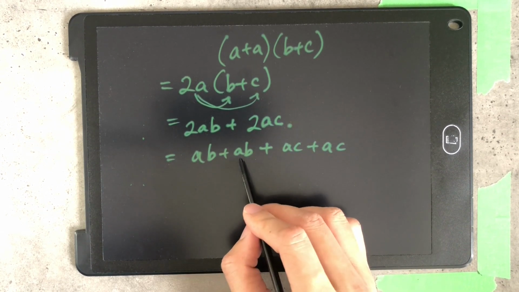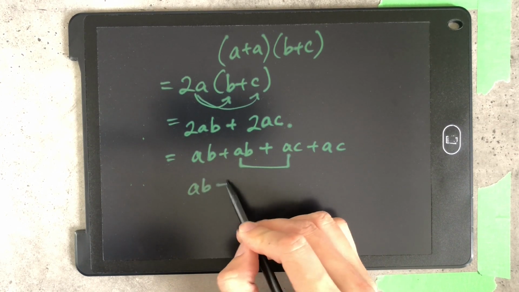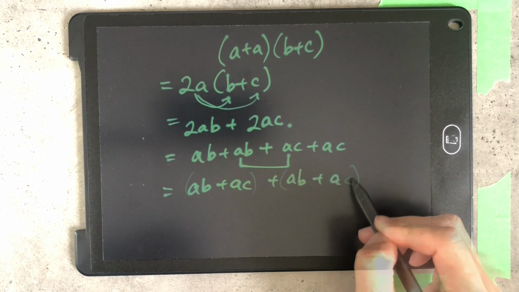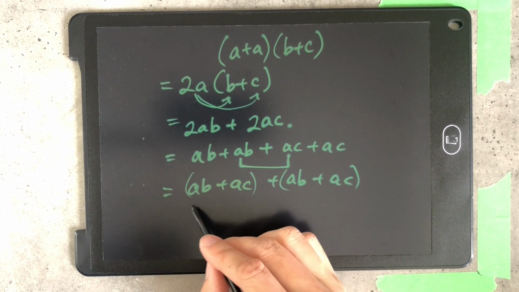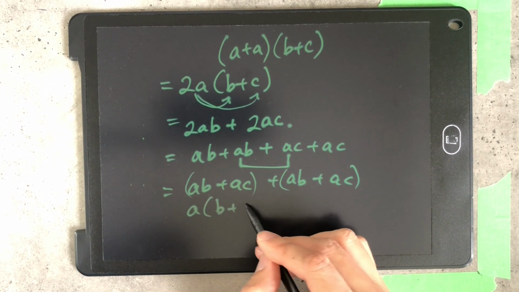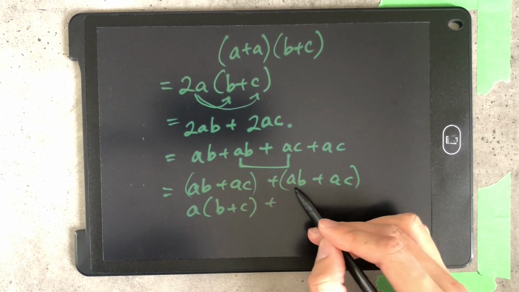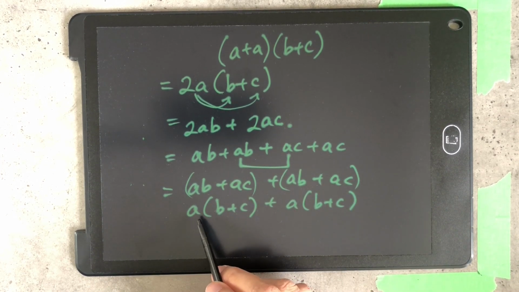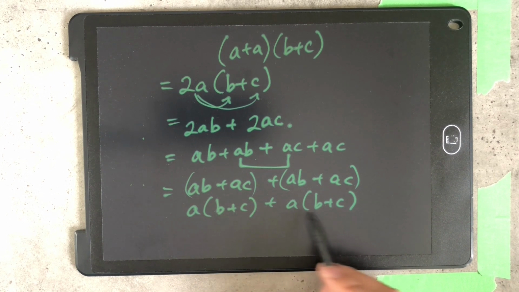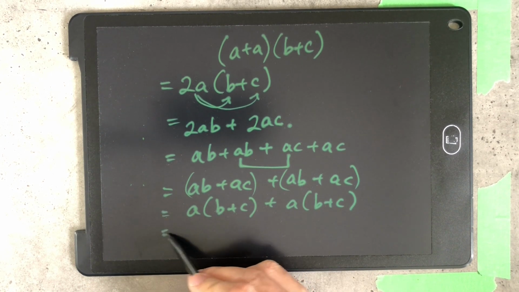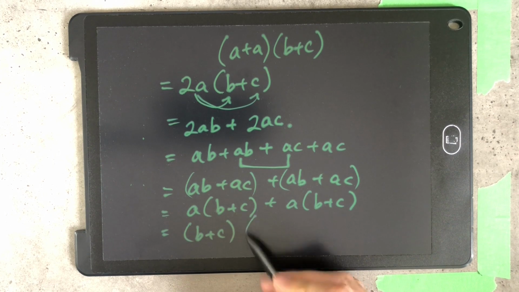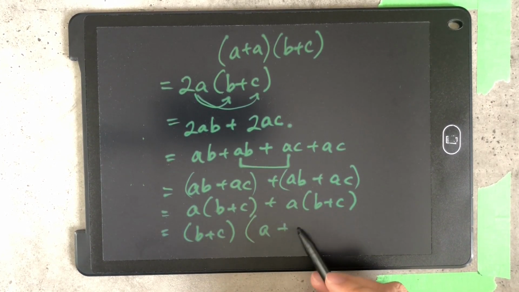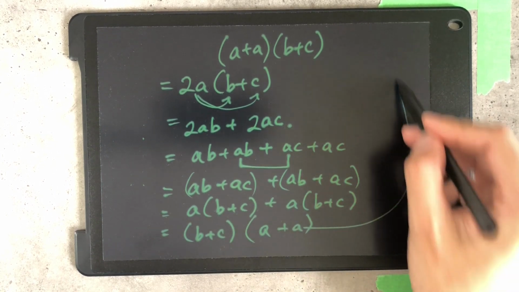And look what I'm doing. I'm going to swap these two. I'm going to have ab plus ac plus ab plus ac. The common term is a here. I can factor out the a, and I have b plus c. And I can factor out the a here again, and I have b plus c. Notice that the b plus c is common. I can now take out the b plus c in front, and all I have left is an a here, and in the second term I also have an a here,